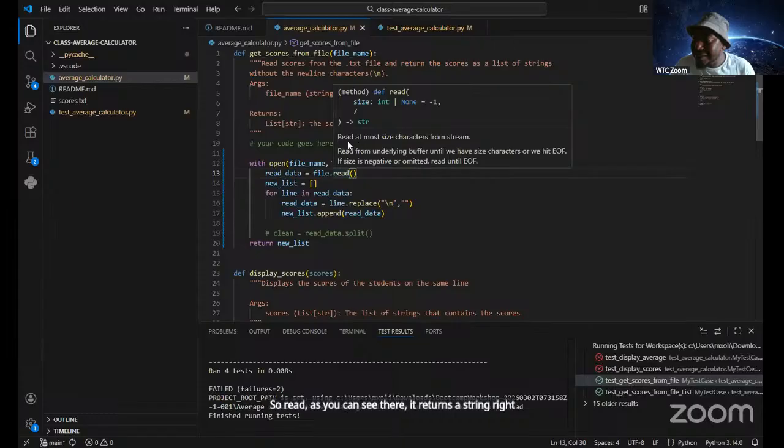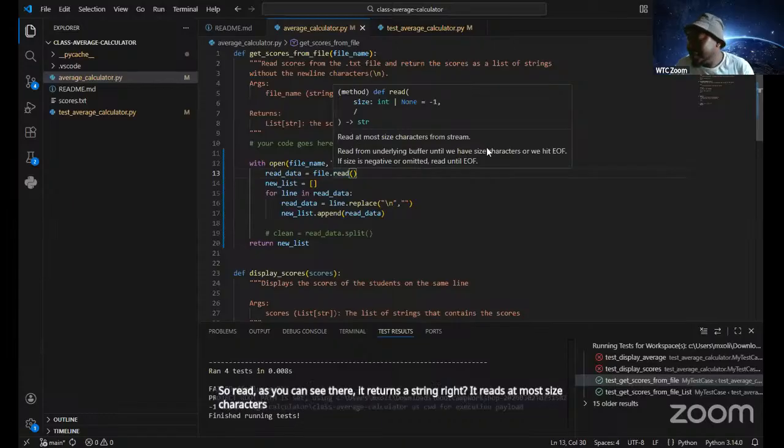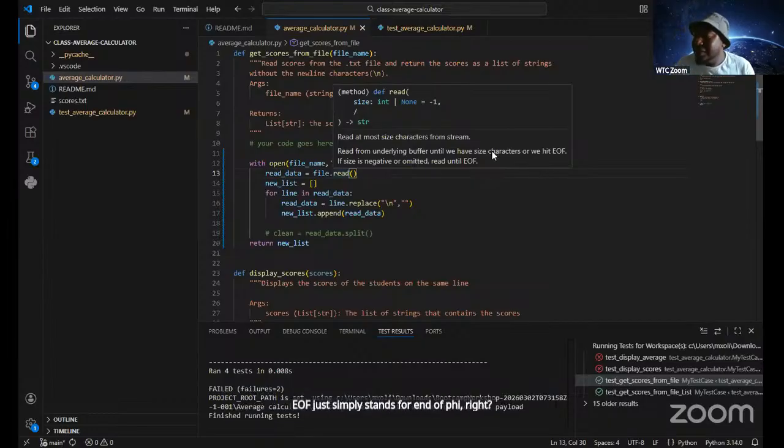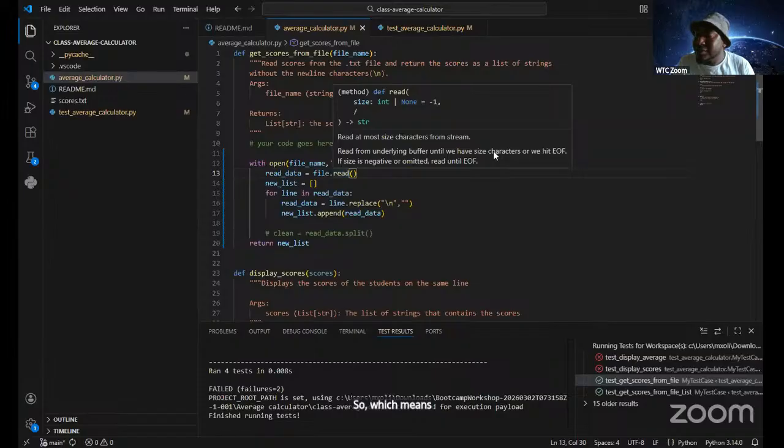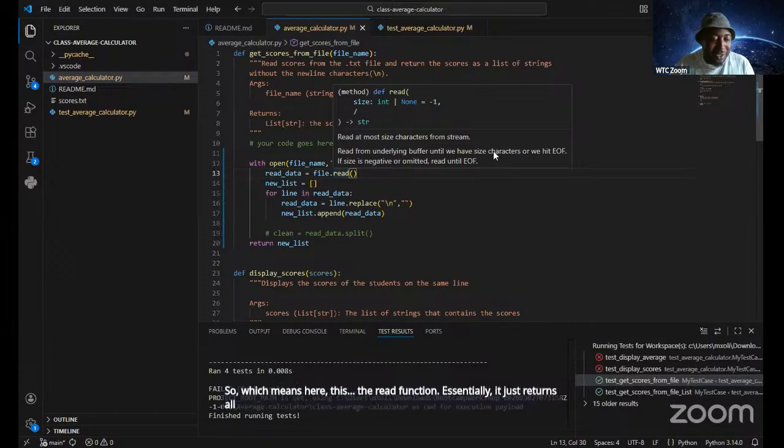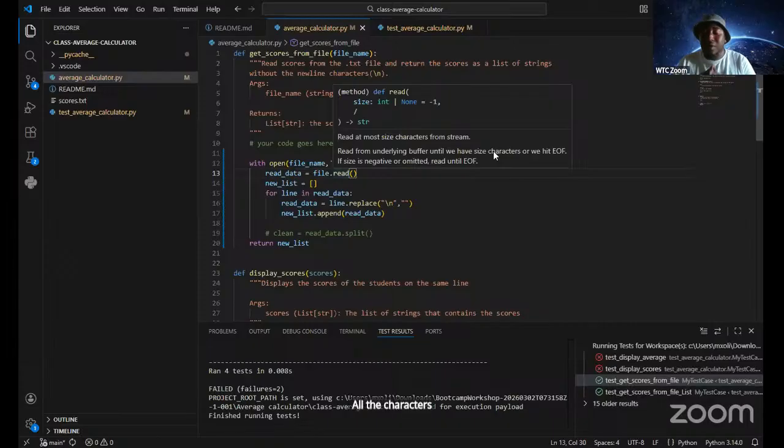It reads at most size characters from a stream, or if you don't pass anything, it reads from an underlying buffer until we have size characters or we've hit the end of file. EOF simply stands for end of file. If size is negative or omitted, the function will read until the end of the file. So the read function essentially returns the entire file as one big string.